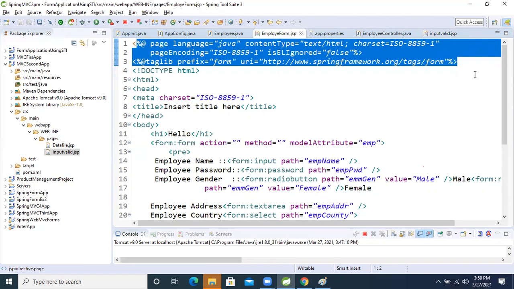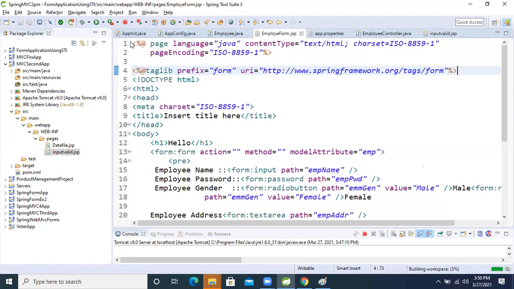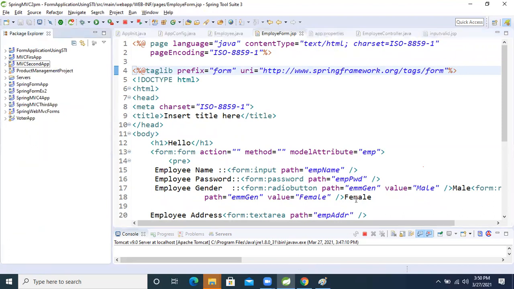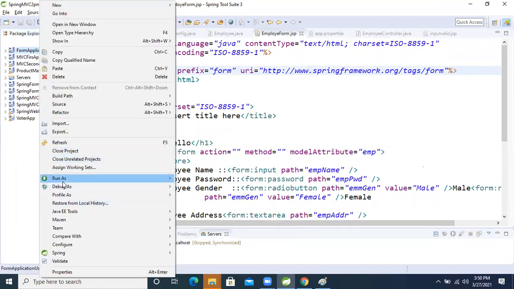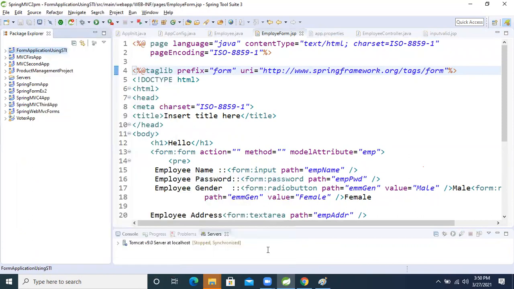Some JSP parts. Because the thing is correct only. Everything is perfect. Why is it giving the error? One minute. One more time, let's run the application.